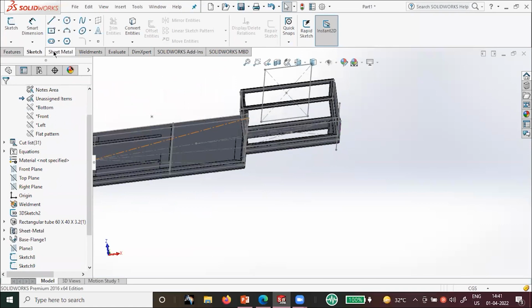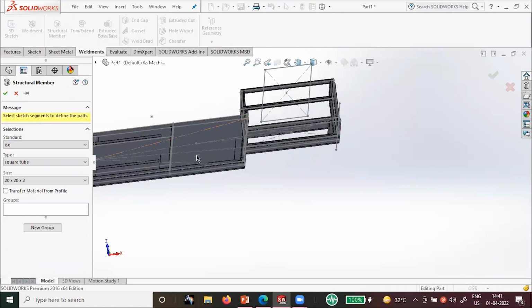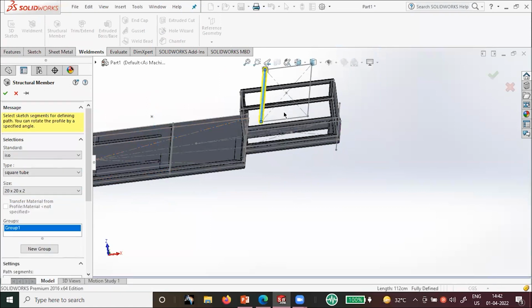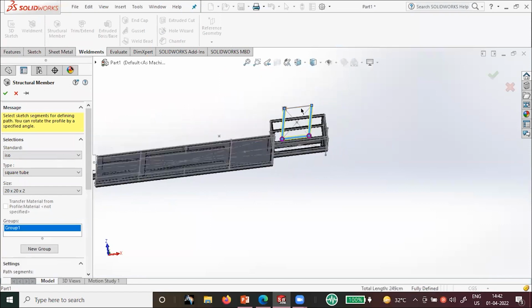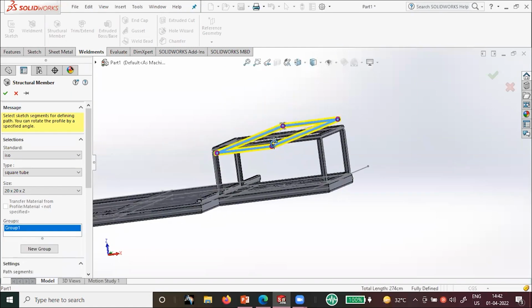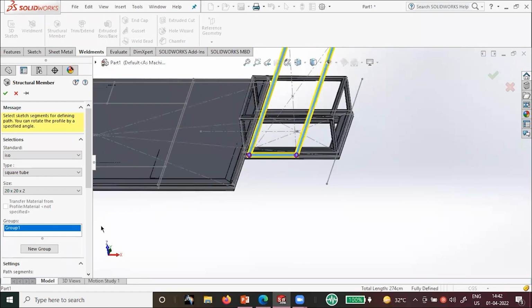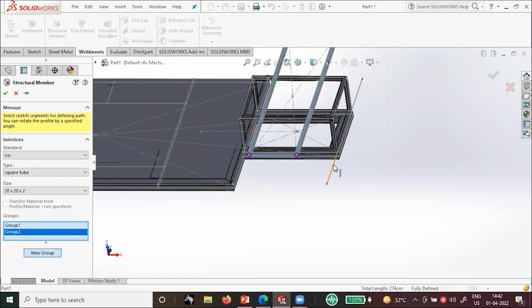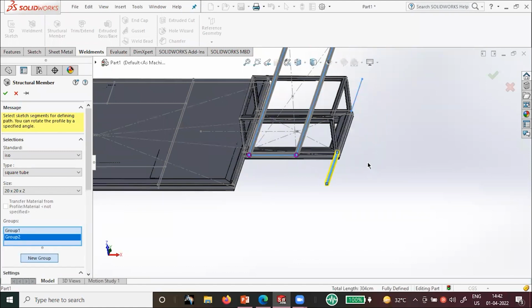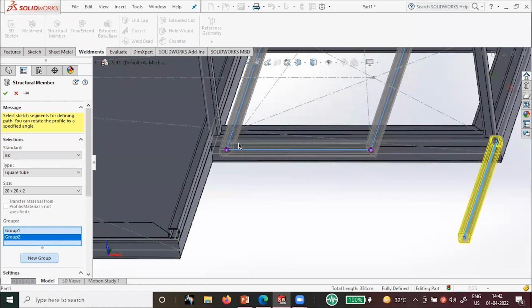Okay, now it's last. Go for the weldment. Select the structures, square tube 2020, and select this one. This one, this one, this one. Okay, now that end miter. Okay, good. Next, go for the new group and select this line and this line as well. And we have to change that condition. That condition should be laying inside of my sketch. Just change that position,